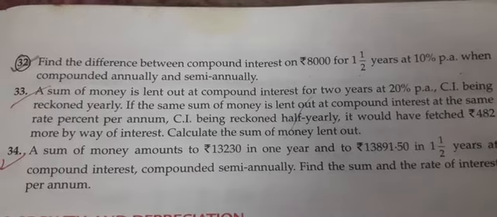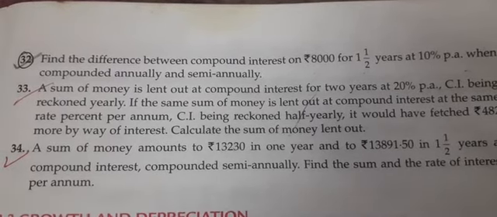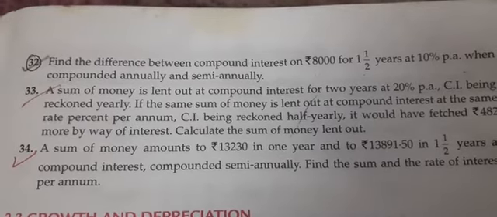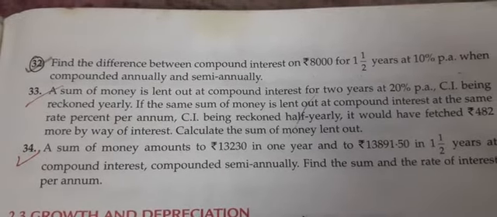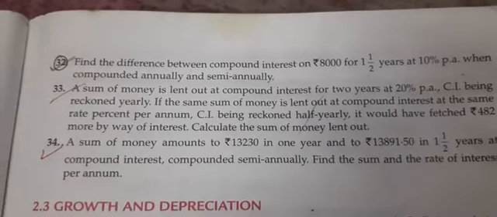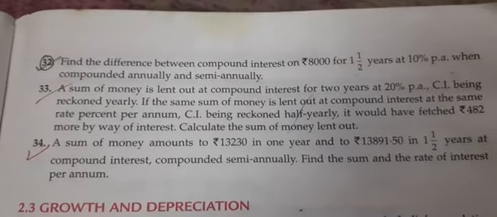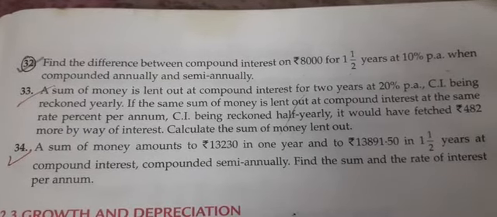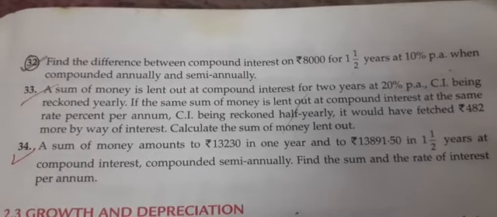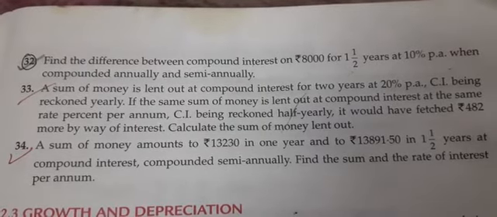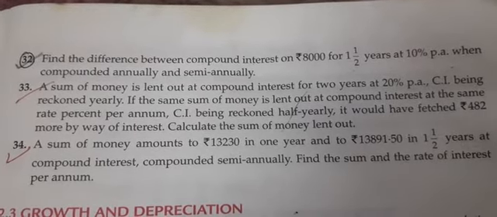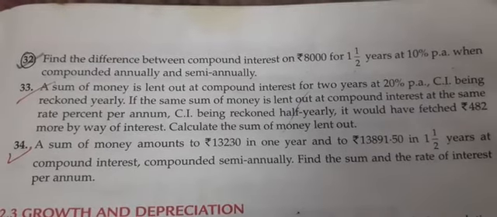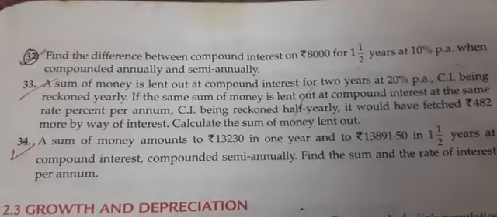Now try to understand what our question says. For the same money as principal, at the same time and with the same rate, if we find compound interest annually and semi-annually, the answers are different. Compound interest semi-annually will be 482 rupees more than the compound interest compounded annually. So I hope it is clear what is given in the question. With the help of those data, we are going to find the principal. So let's see what we are going to do.